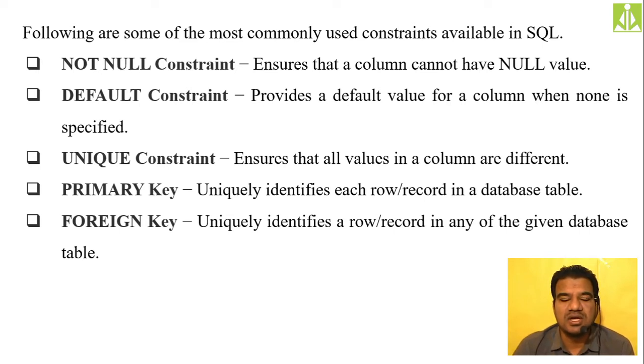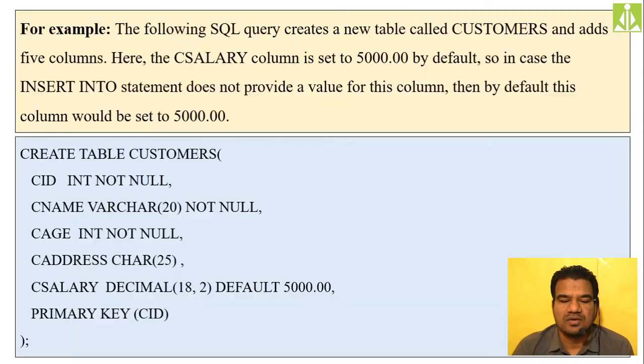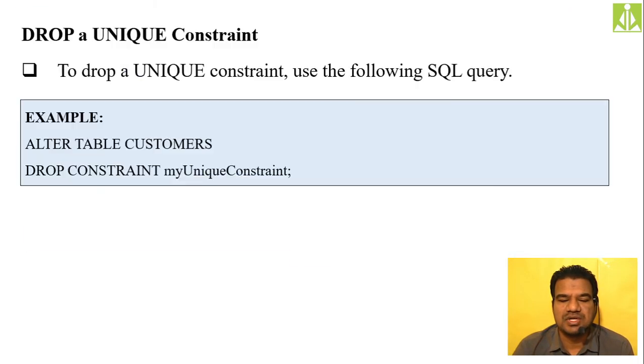Then the unique constraint ensures all the values in a column are different. Suppose you are making redundancy for a particular column entry, it will restrain that, it will restrict that. These unique constraints ensure that you enter all data values uniquely. Different values you must enter. Up to this we had the discussion in our previous session, up to unique constraints.